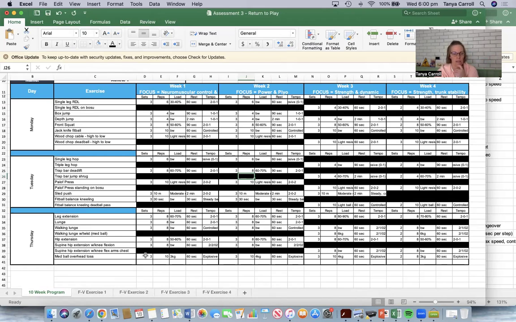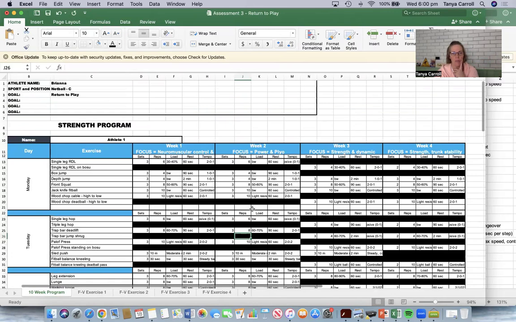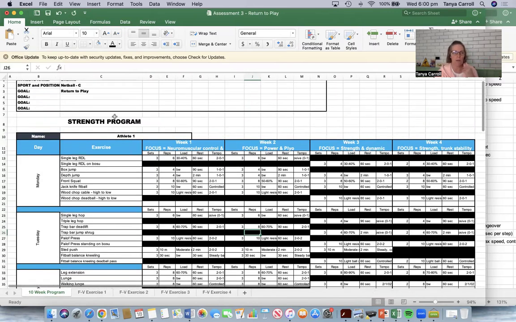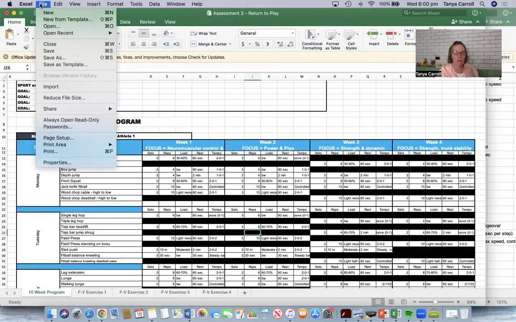And then her last exercise is a medicine ball overhead toss, which she does for the whole 4 weeks because it's an explosive exercise that we need to have implemented in her program, sport specific for netball. So that is the strength program. I'll jump over to her field conditioning,